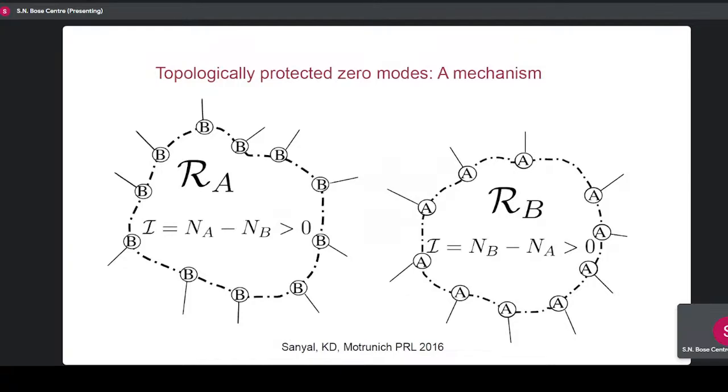And you can convince yourself that there's N_A degrees of freedom, and N_B constraints such a wave function has to satisfy. And since N_A is bigger than N_B, you have exactly this many topologically protected zero modes in any such region. And this is topologically protected because it's just an argument about constraints and variables. It doesn't depend on the T_ij. If the T_ij take on some special values, you can get some extra zeros, but you can never wipe these out.